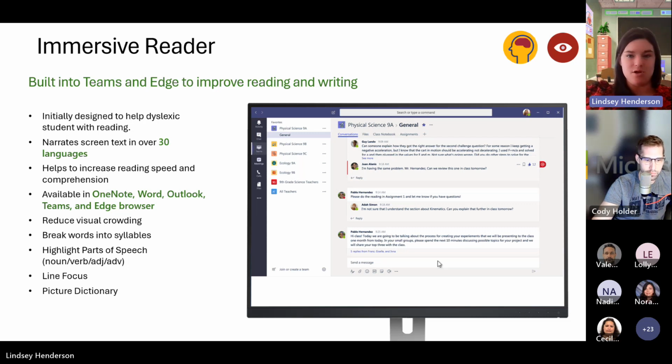And it also helps them encourage independent learning. And so, yes, Valentine, I figured you meant reading code for reading progress. No worries. So Immersive Reader was initially built to help students with dyslexia. It goes into being able to get rid of distractions and have a scalable and inclusive classroom.